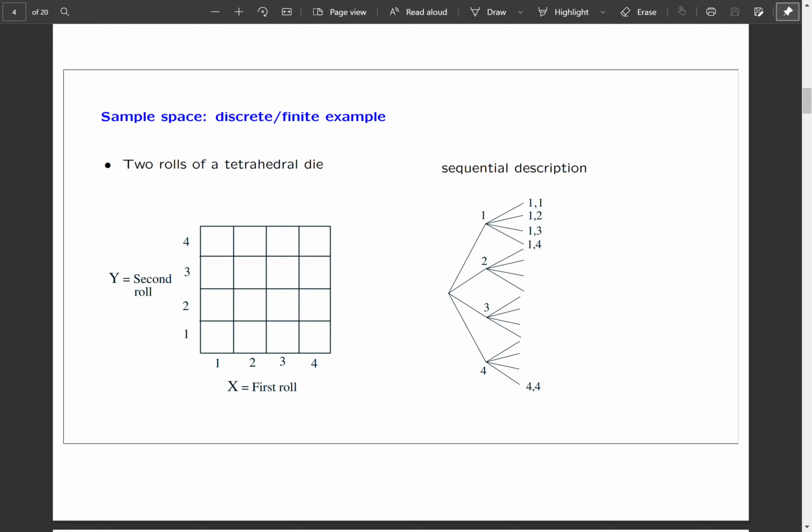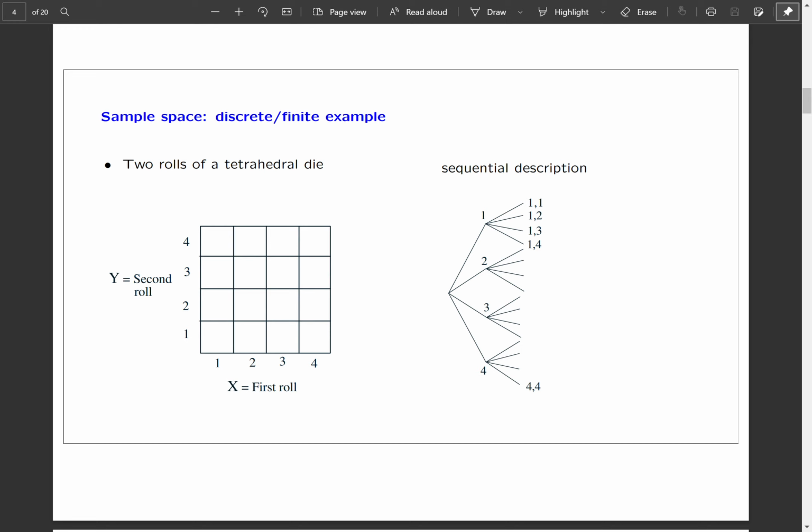The x-axis involves the first roll and the y-axis involves the second roll. So there are a total of 16 boxes in this matrix,